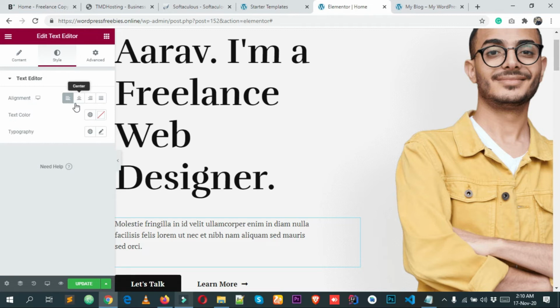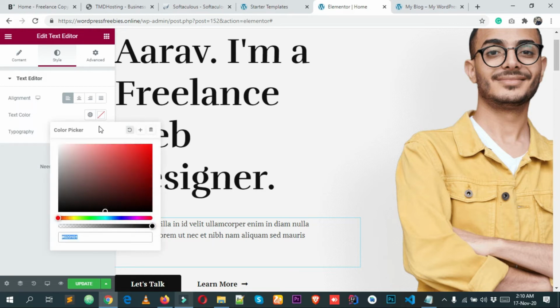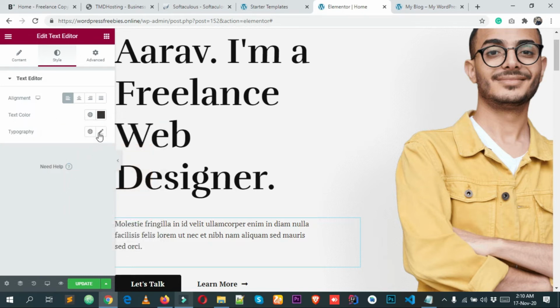For changing the alignment, you can click here, center, right, etc. And if you want to change the text color, simply click here. From here you can change the text color. Everything is here, so I'm just keeping this as black or something like this. And after that, if you want to change the font family, font size, etc., you have to click here under typography. Simply click here,